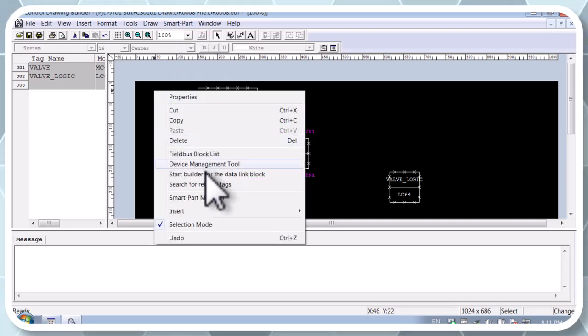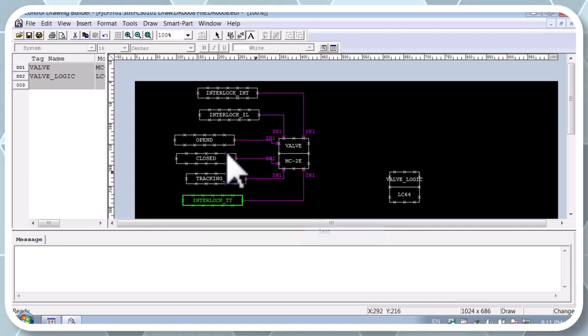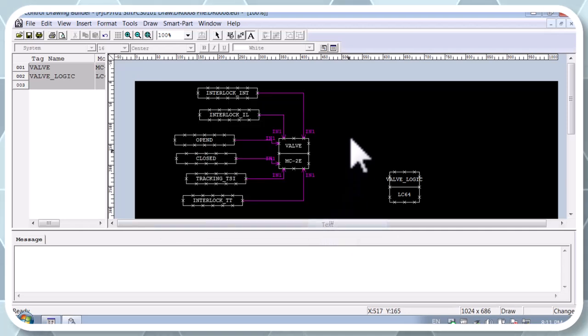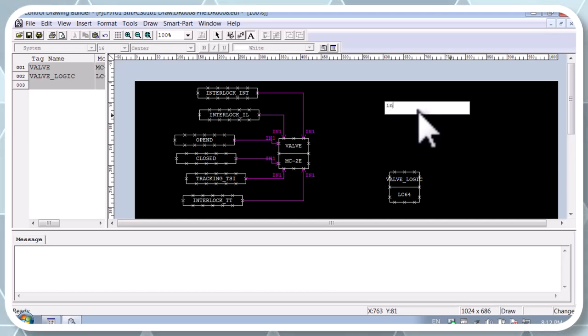Okay, let's add here the insert text. Here, the interlock SV input, interlock SW input,